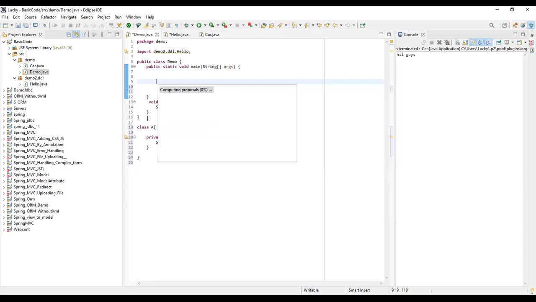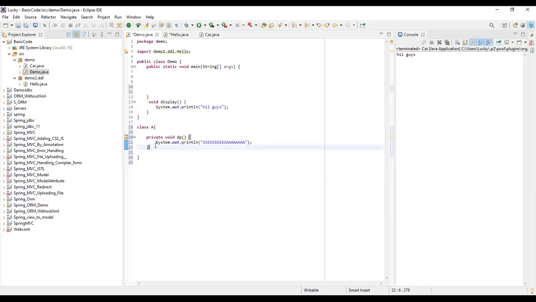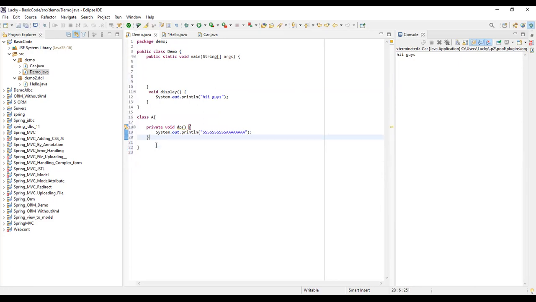Got it, everyone? Three access modifiers. Everyone is clear with the three access modifiers: public, private, and default. I think these three access modifiers are clear to everyone. Now let's talk about the last one, which is protected. So if you are creating a method protected,